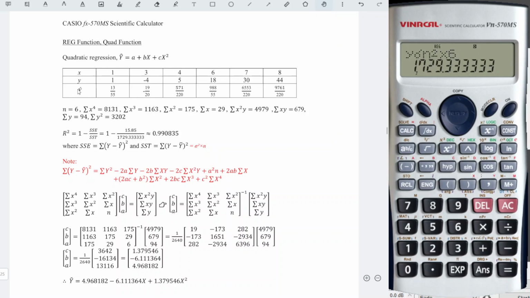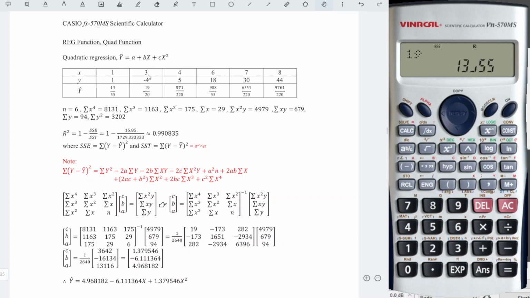To obtain y hat is not difficult. As long as we have x, we are able to obtain the value easily. So we just press 1, then Shift 2 and look for y hat, so number 3, and press 3. We press equal, and we will obtain a decimal number. Let's say we want to avoid any rounding issue, then we press the fraction button to convert the decimal number to a fractional number.